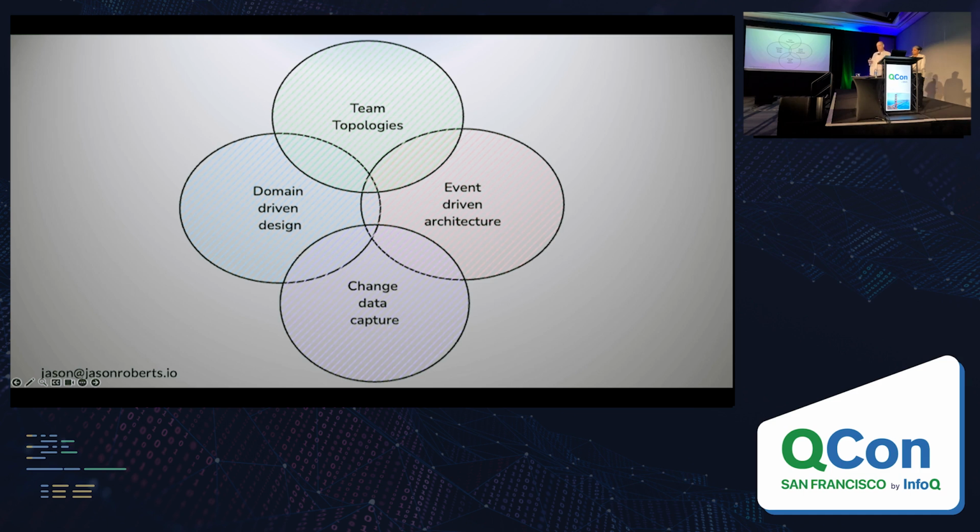Change data capture is a way to capture changes in a data store. That's it. But those 2 things can work in concert to create what we call a system of reference. That isn't the source of truth, isn't the system of record, but it can functionally act like one for any consuming applications. And it can be designed around domains and domain-driven design and have teams exist within those boundaries in a uniform, consistent way.